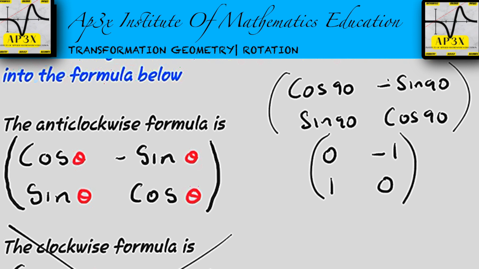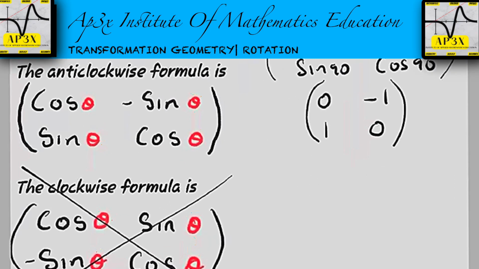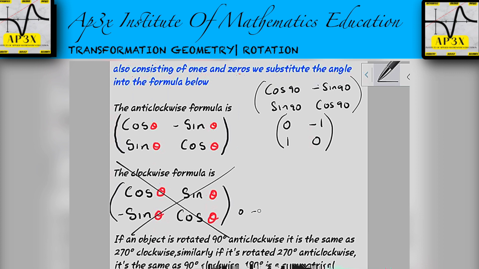All right. Now, same here. Let's just make a note of that matrix down here. So this is 90 degrees. So that's 0, minus 1, 1, 0. That is for a 90. Let's make a note of that. That's 90 degrees